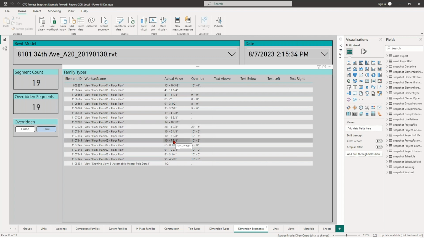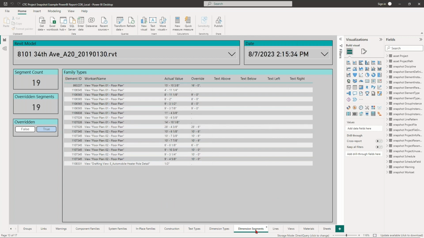So now I can take this information, go back to my project file, and deal with it. That's the whole point of this, to be able to easily review some of this information in smaller charts and tables or graphs and address the situation. So now I can jump into Revit,